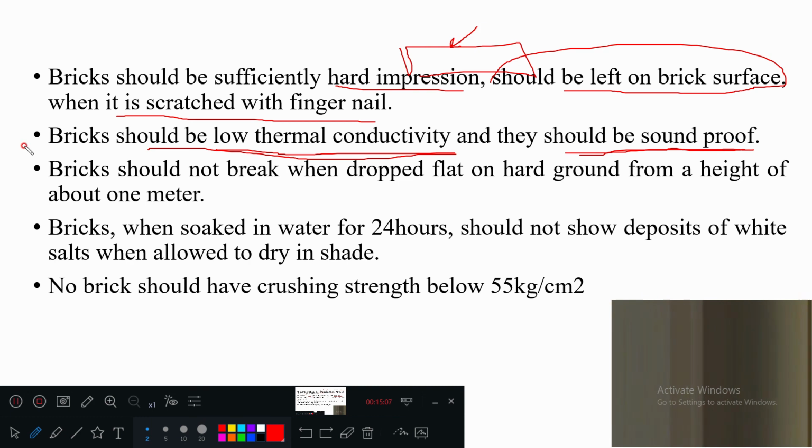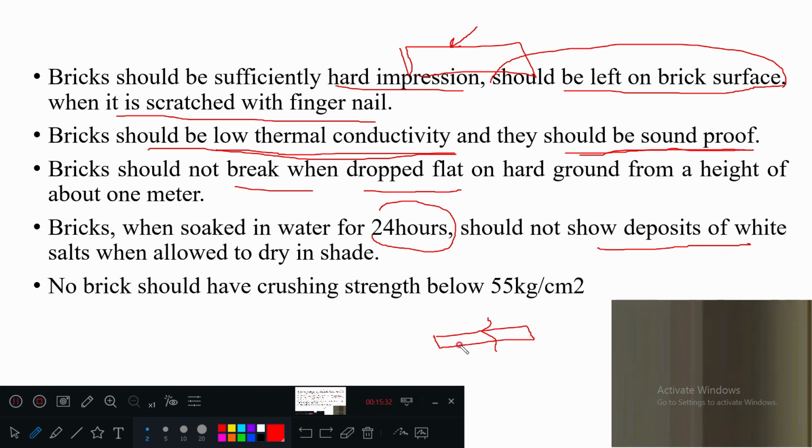Okay. Bricks should not break when dropped flat on the ground from a height of 1 meter. Suppose you are throwing a brick from 1 meter height flat like this, it should not break. Bricks, when soaked in water for 24 hours, should not show deposits of white salts.